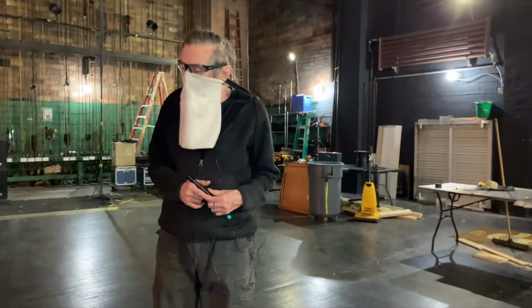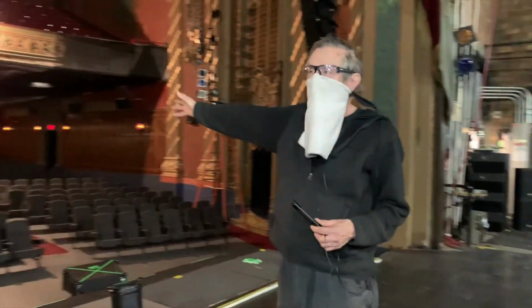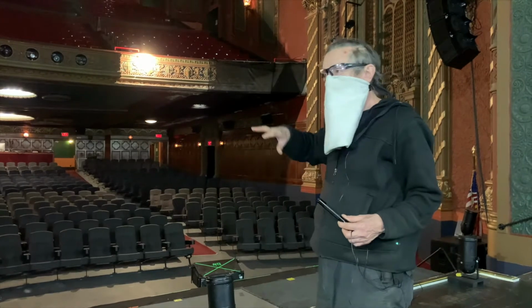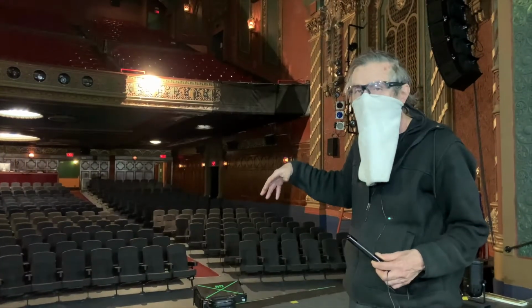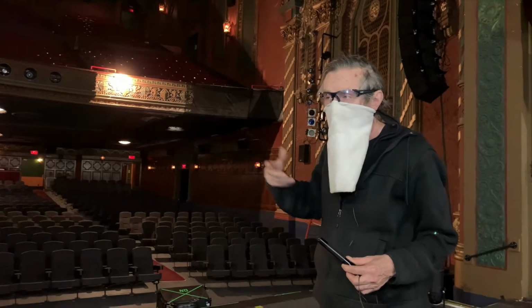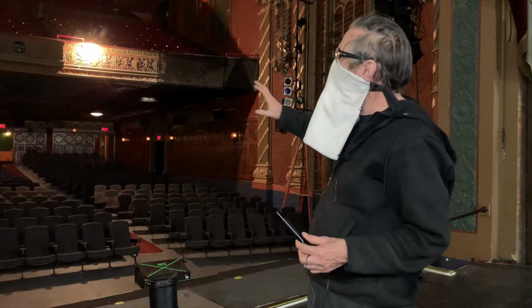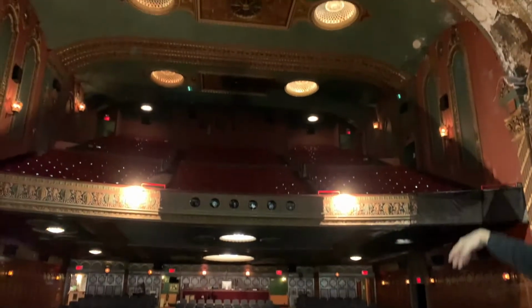All right, this is the center stage area of the theater here, and we're looking out towards the audience, and this is the view that a star would have when they're up here on stage looking at the audience, because this would be the view that Vincent Price had of this theater when he was here back in about 1962, I think it was, when my mother saw him here at the theater. He was talking about art, because he's a big art collector and real heavy into artwork, paintings and things like that. So that's the view of the balcony above and the ceiling above that,